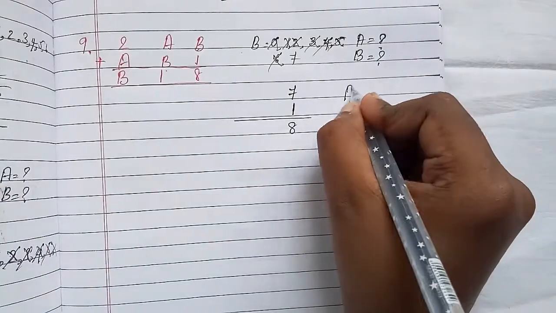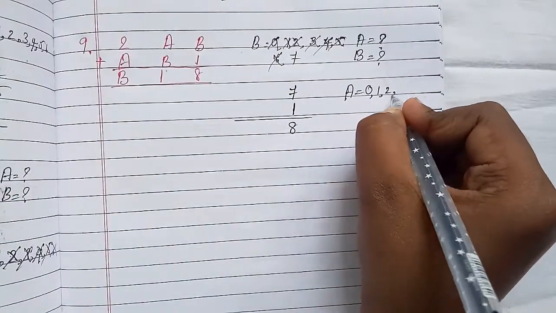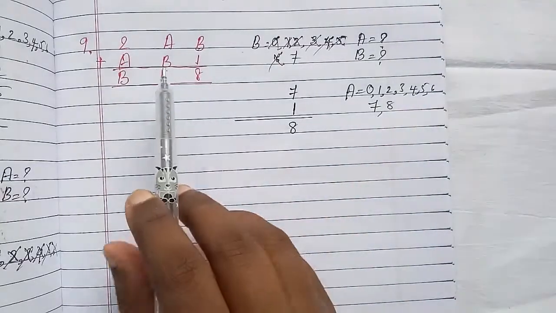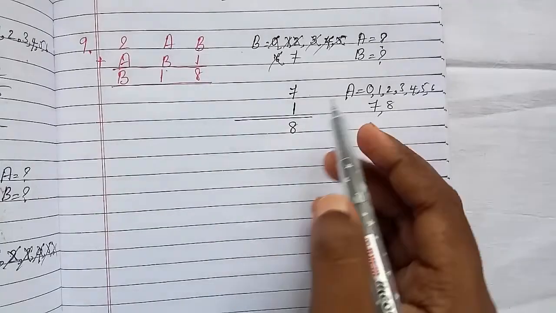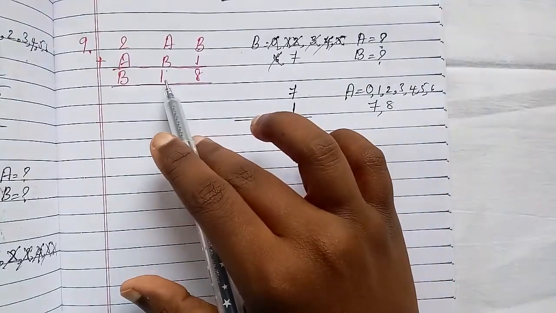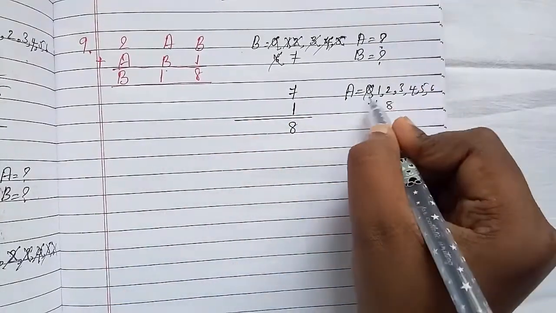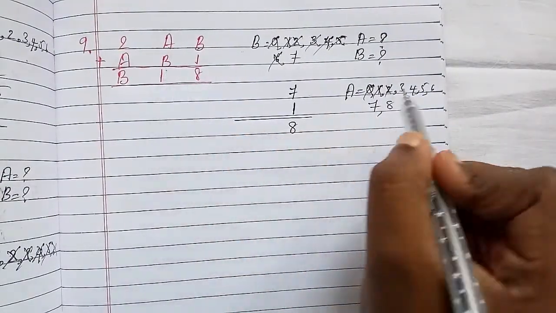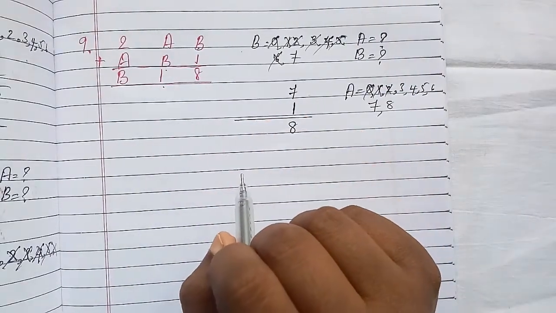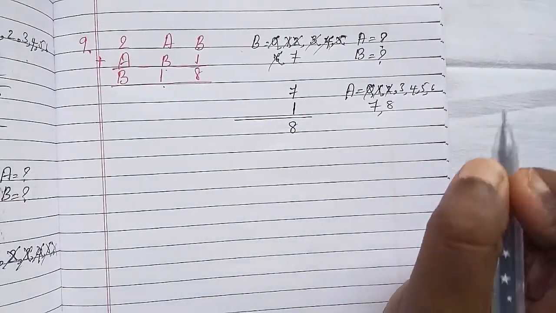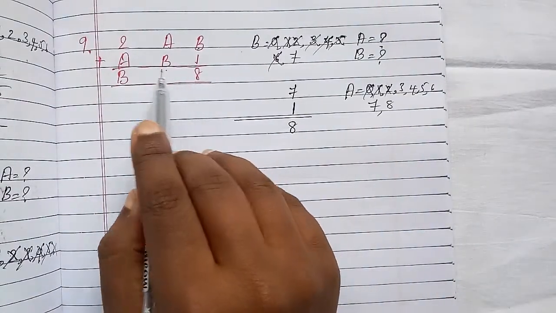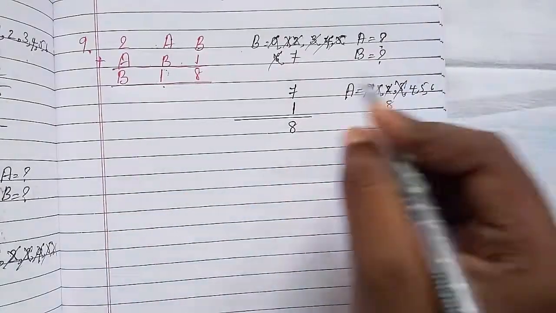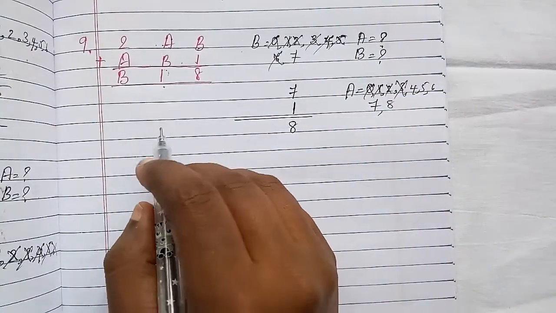Again, I will take the value of A is 0, 1, 2, 3, 4, 5, 6, 7 and 8. I will take the value of A is 0. There is no formation of 8. It's invalid, invalid, invalid. I will take the value of A is 3. 8 plus 7 plus 3 is formation of 10, because it's also invalid. 8 plus 4 is 11.